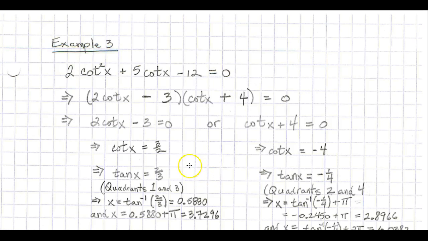All right, as a third example, in this case, I'm not going to have 4 terms, right? So I have only 3 terms. When you see a trig function squared and then the trig function not squared, but there's only 3 terms, you should think of, is this in quadratic form? In other words, can I factor it